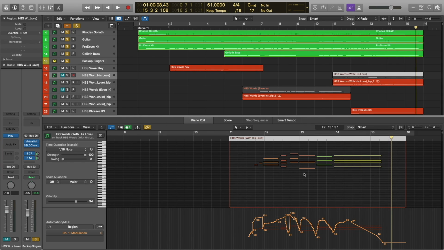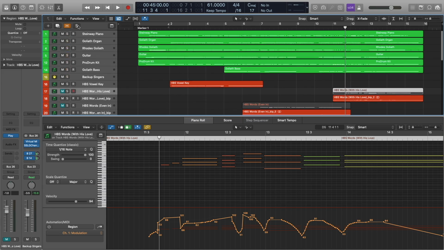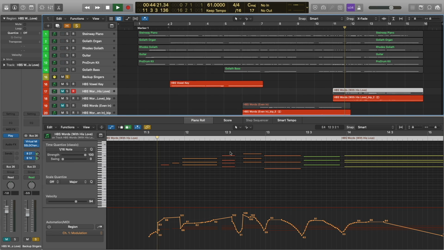And once again, you can see how I've got the MIDI data spaced out here in order to give the word builder patch time to sound out any consonants at the end of the words there. So let's actually go ahead and solo just our backup singers. I want to stop it there.